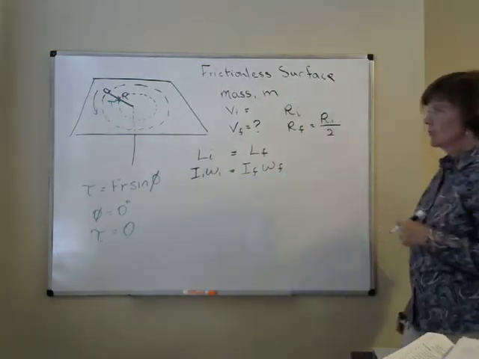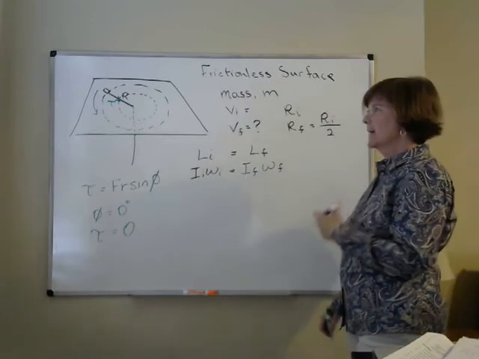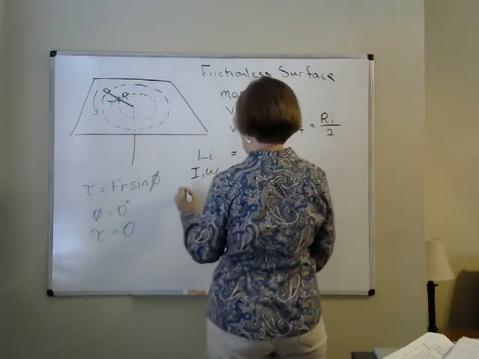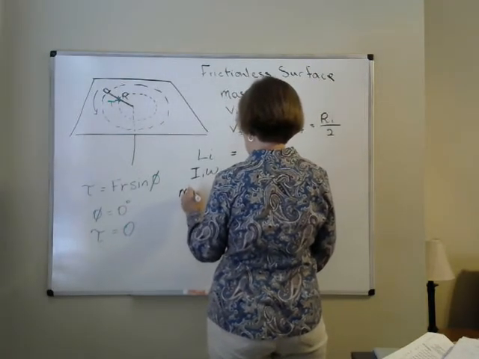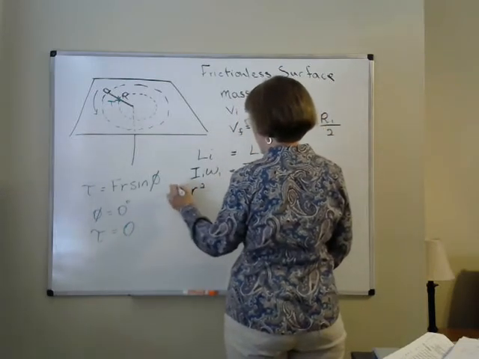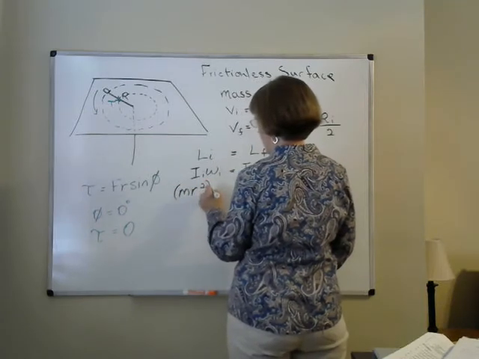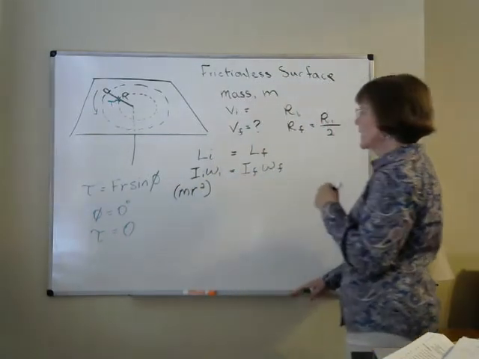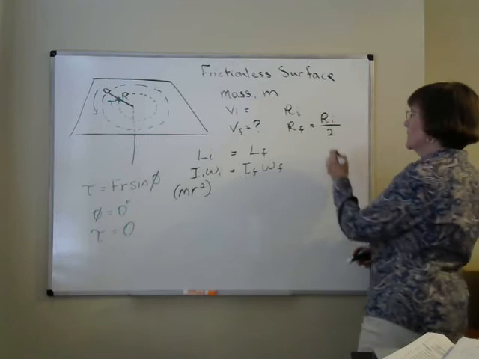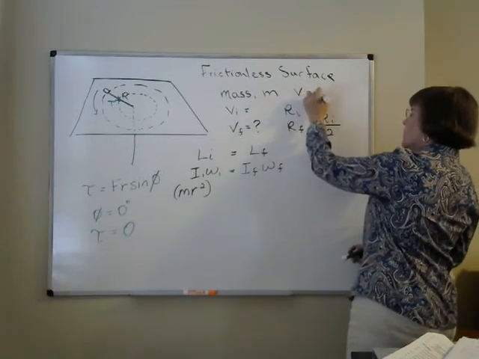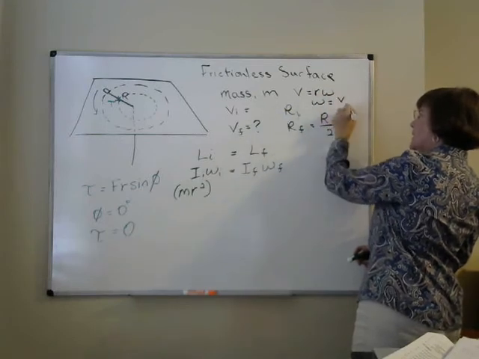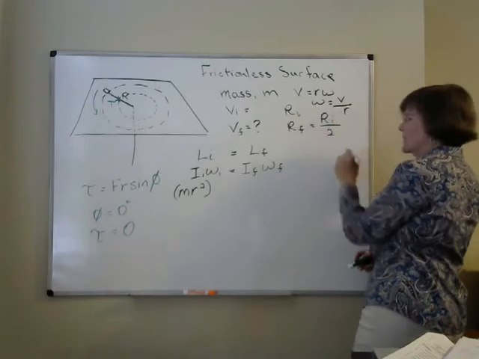What's the moment of inertia for a point mass? For a point mass, the moment of inertia is mr squared. So this again would be the initial, but that's the moment of inertia. Omega, if we go back to that relationship between angular and linear velocities, you will remember that v equals r omega, or omega equals v over r. If I put that in,